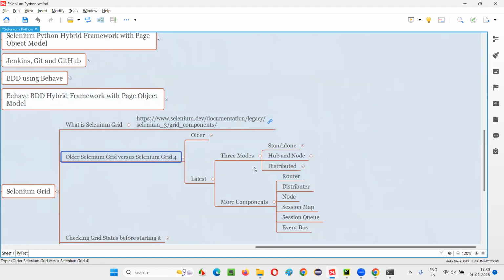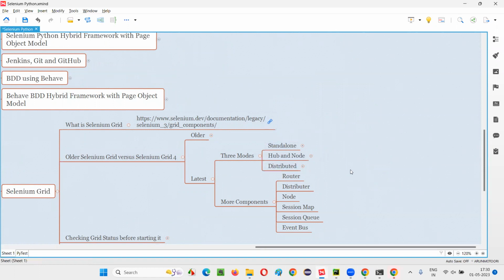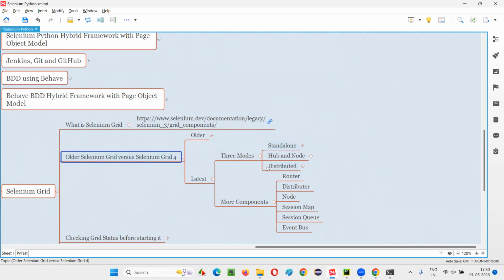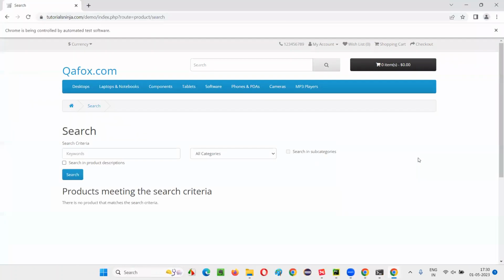But now in the latest version of Selenium Grid, we have these three modes, and we should have the knowledge of understanding how to run the scripts on different modes, on the Selenium Grid setup, which is set up in different types of modes. So all the concepts of Selenium Grid I covered, but in real time, how do we